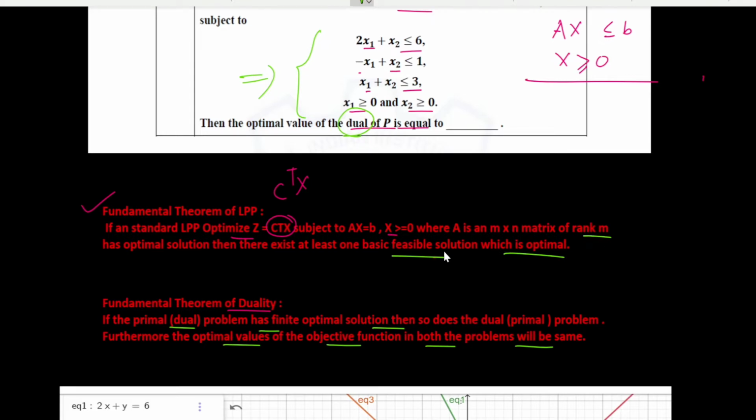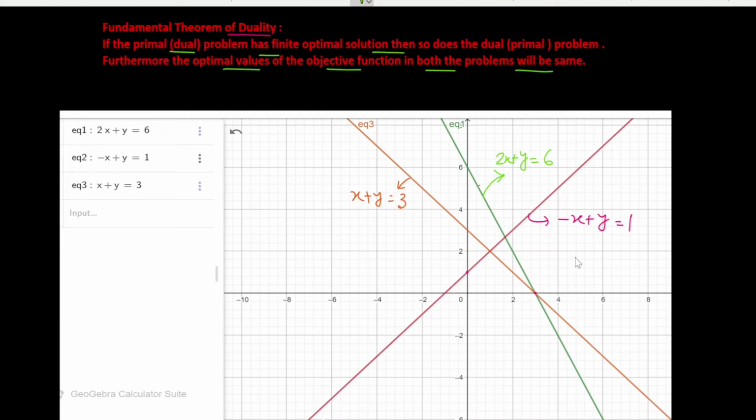First we convert these three inequality constraints to equalities, and then draw the corresponding straight lines and the feasible region. The equation 1 is 2x plus y equal to 6. Here we take x1 as x and x2 as y. So to find the feasible region, first we draw these three lines, that is 2x plus y